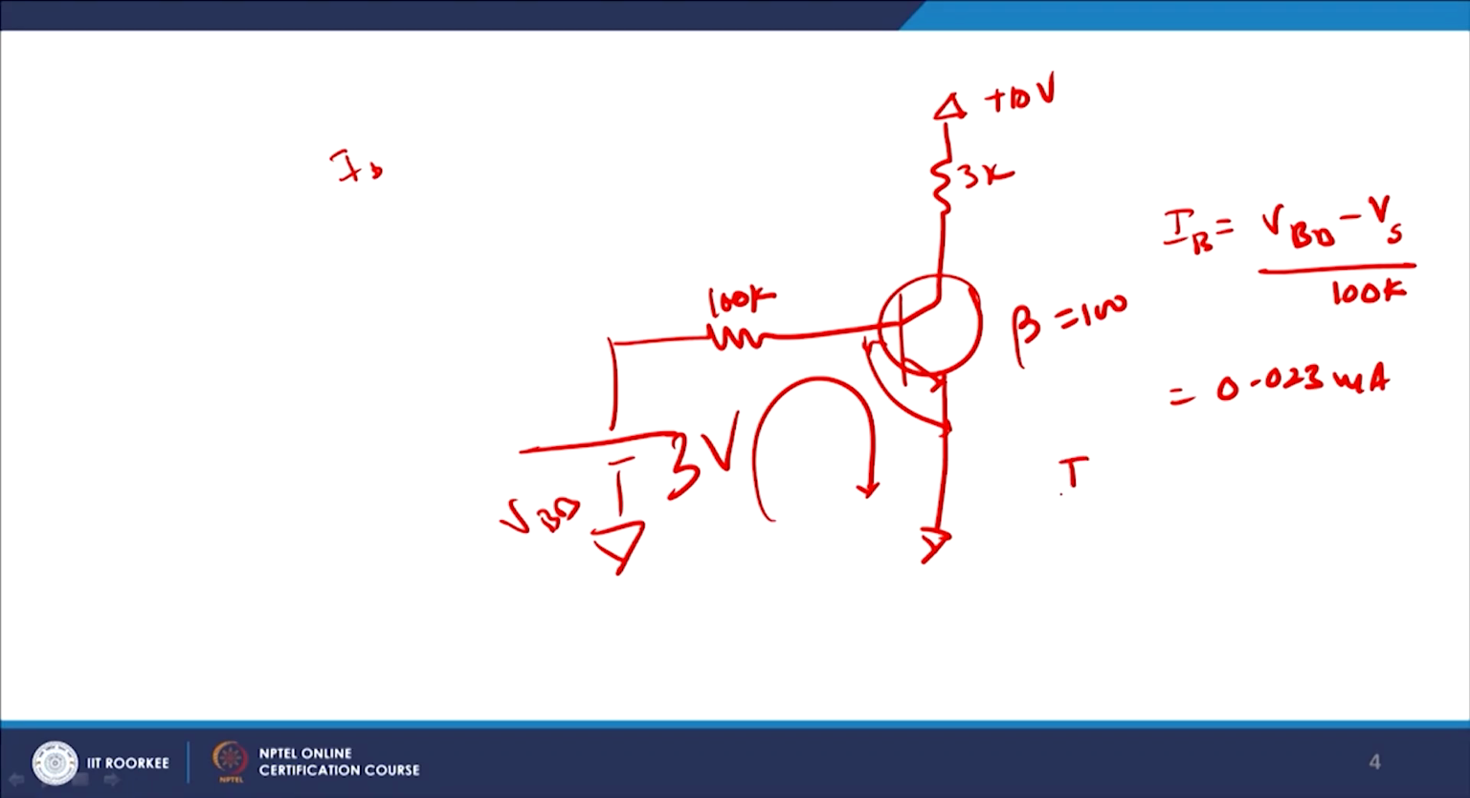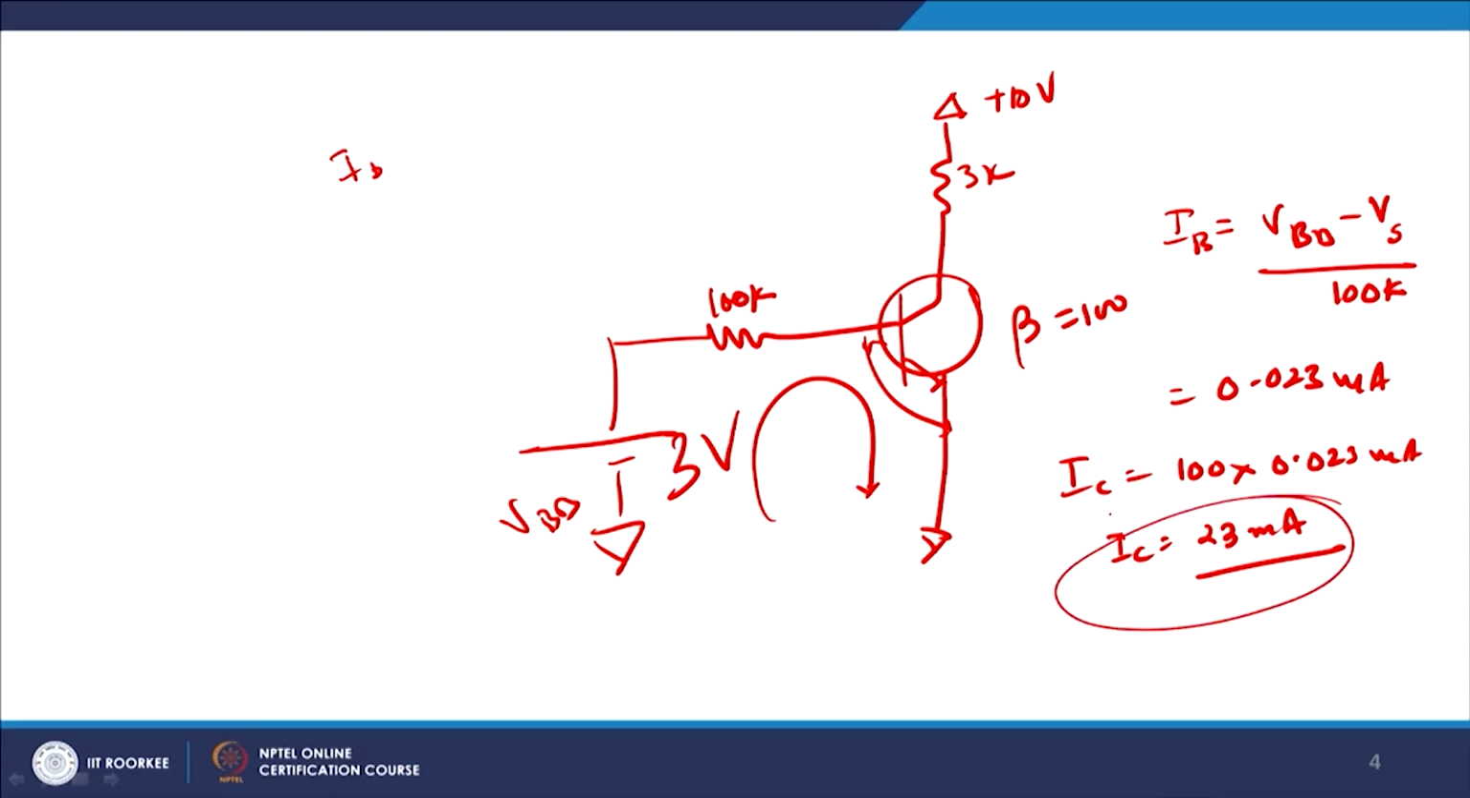Therefore, IC will be equal to 100 times 0.023 milliamps, so IC is approximately 2.3 milliamps. This much current is required for all practical purposes. Now, if you go back to the relevant slides, we can show that VC is equal to VCC minus IC RC. In this case, we find this to be about plus 3.1